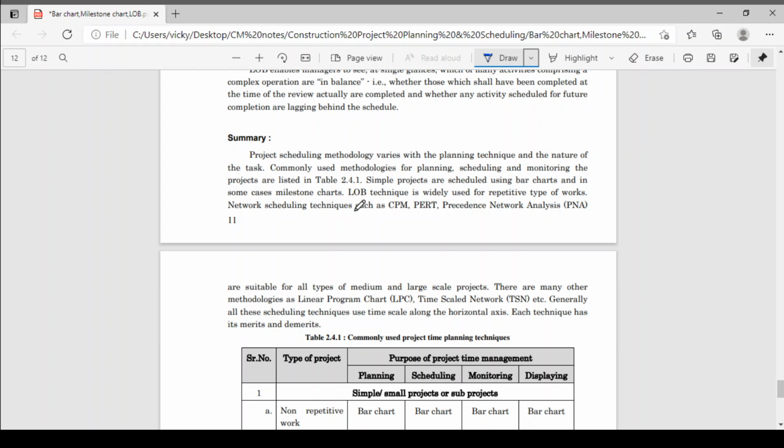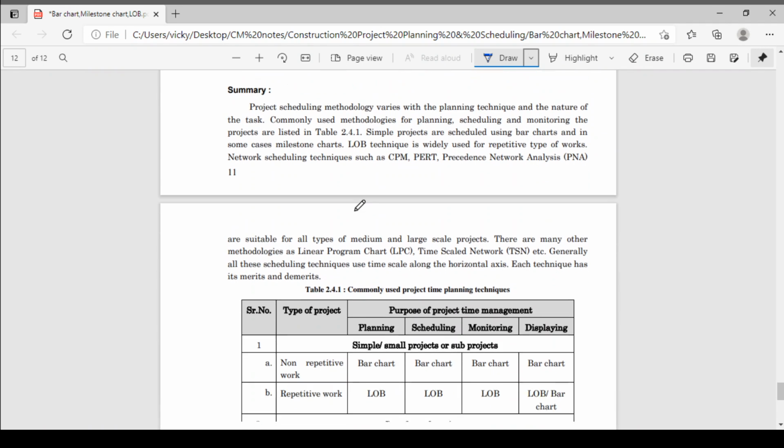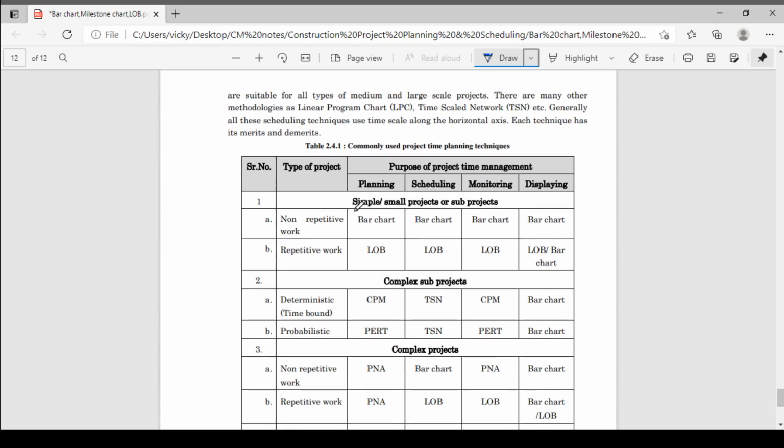Project scheduling methodology. Okay. Now commonly used project management techniques, which techniques we generally use. So these are the serial numbers, type of project, and purpose of project time management. Okay. So type of project, suppose non-repetitive work is there. Okay. And a very simple and small project is there, sub project is there, small project is there, and non-repetitive work is there.